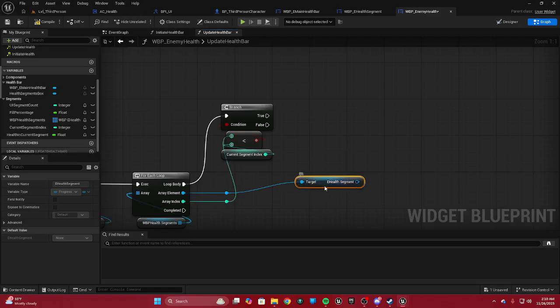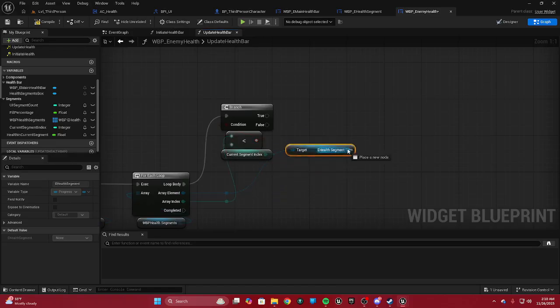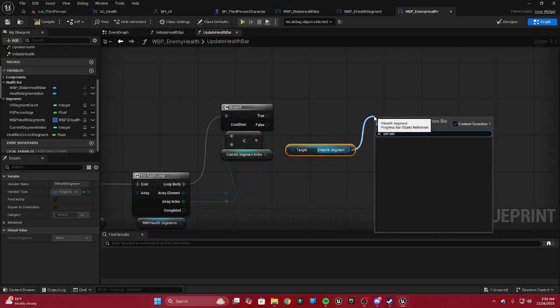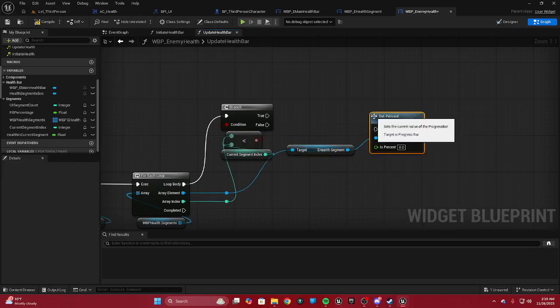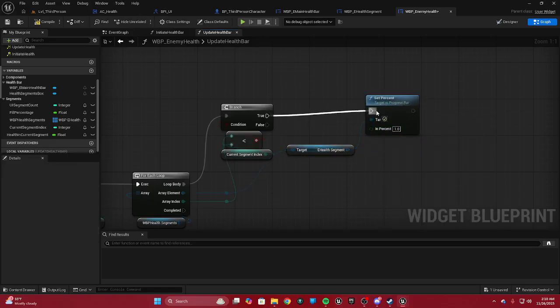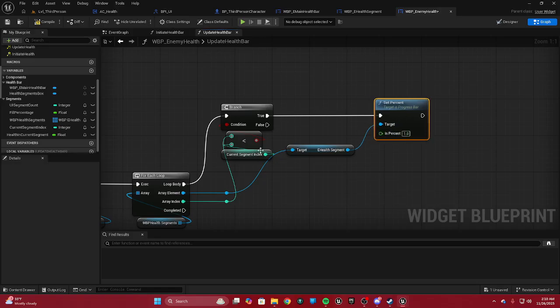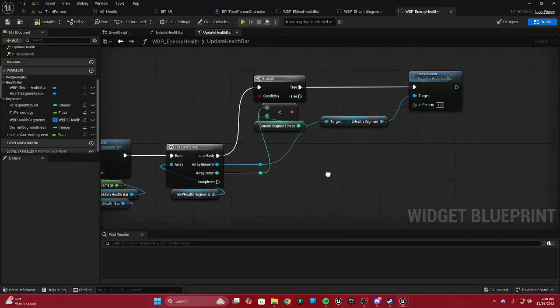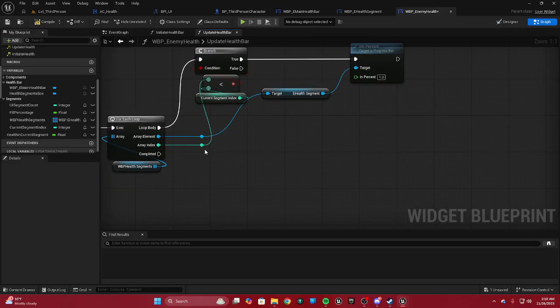So I'm getting the health segments from the array elements. I'm going to take this and then do set percent. This should be 1, meaning that we're not on that specific segment. So it should be 1. If this fails, and then we take another branch,